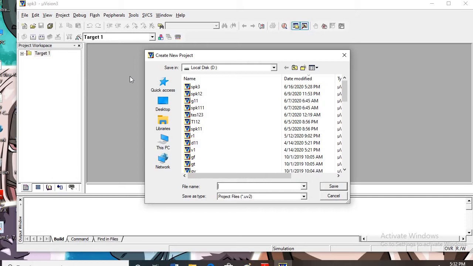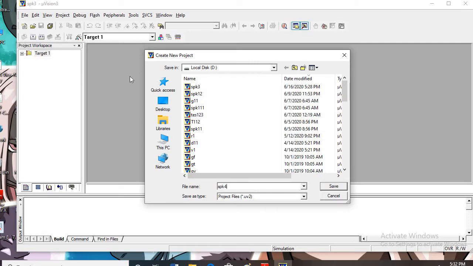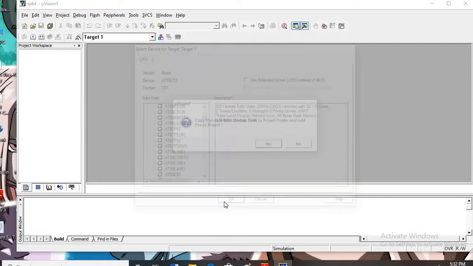So we will write a small program in assembly language. First of all, I am giving a name to the project: new project, just give the name, save. We will go for Atmel, then select 89C51, Atmel 89C51.